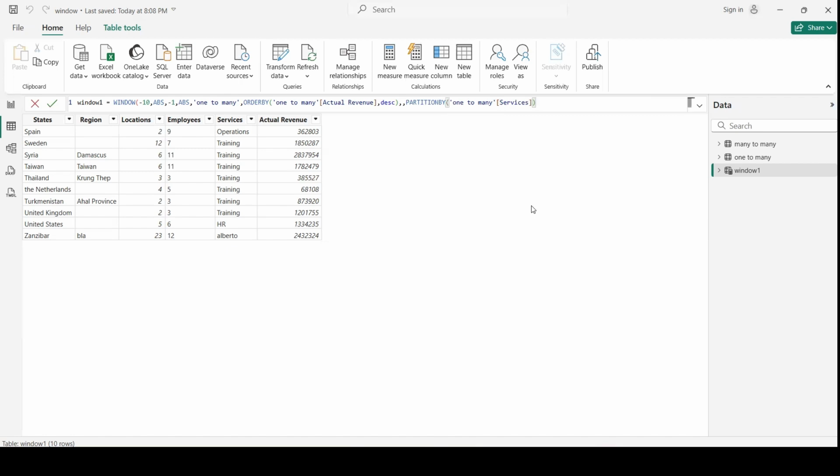Once I close this, I need to go back here and change the values. So now we want to go from minus to first position, and here we want to go back real, and we want to go until position 3.